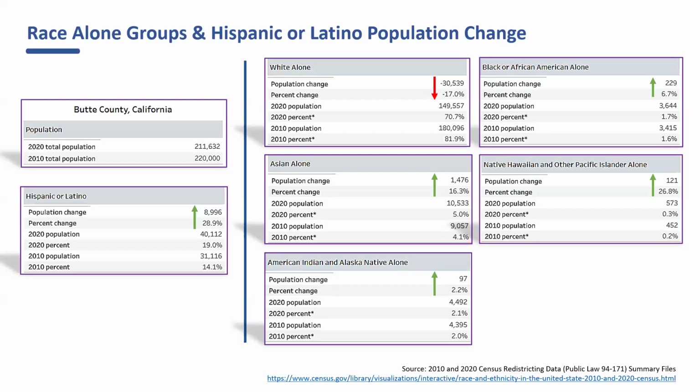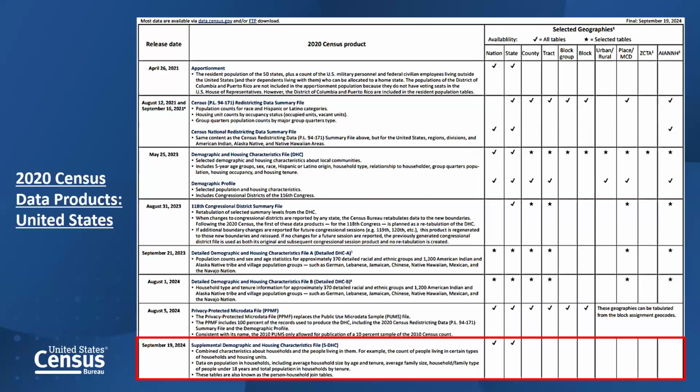Okay, we're good. All right, so this table provides information on the data products produced by the 2020 census by release date and geographic level. So you can see the release date, you can see what's to be released, and then you can see the availability by geography. You can see our various geographic levels here at the top. And of course, a check mark here lets you know if that particular data is available at that geography.